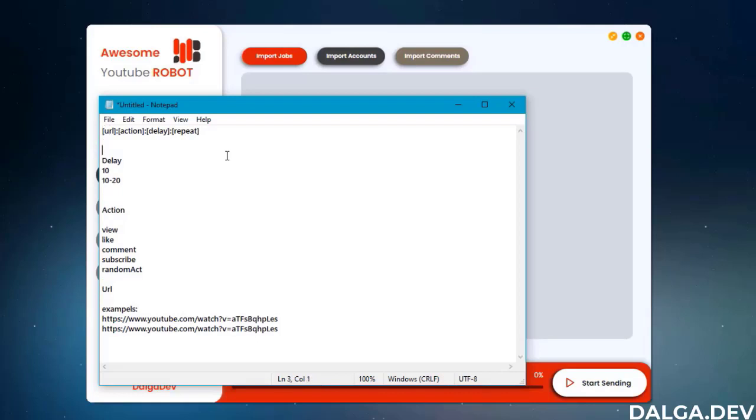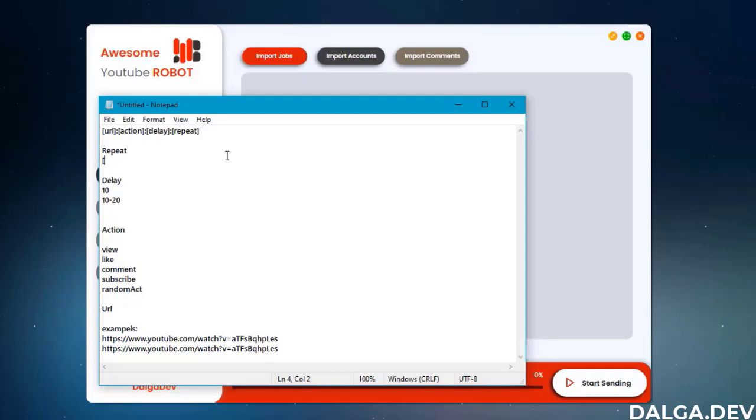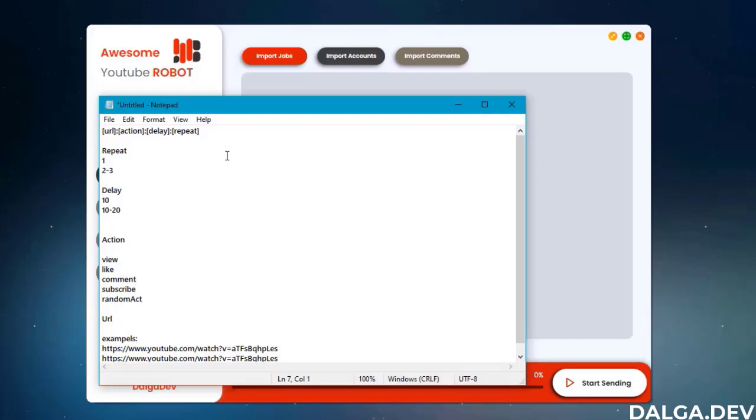To define the range for delay and repetition, you should use dash. And our bot will automatically choose randomly between 10 to 20 for delay or 2 to